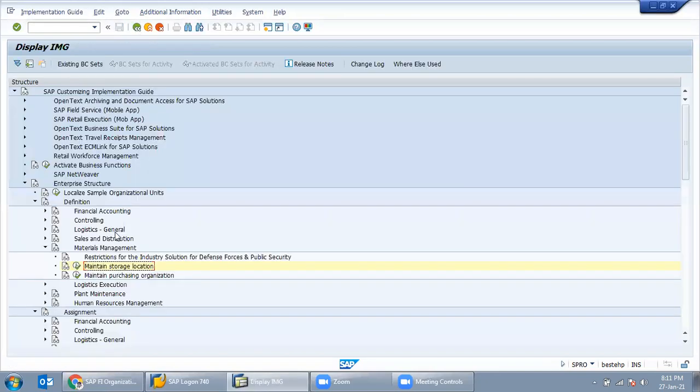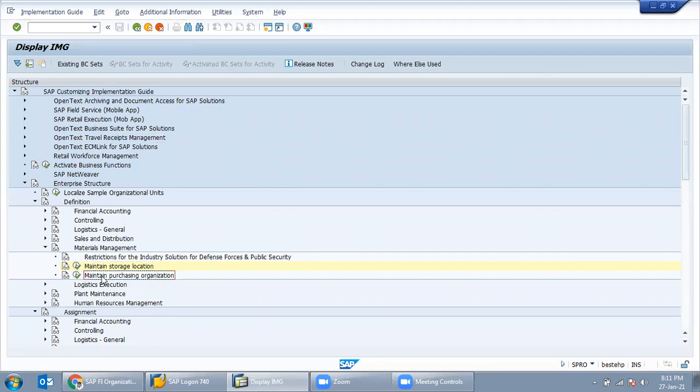So now what we did, we created a storage location. What is the purpose of a storage location? To store the material and maintain it in the plant premises. There are a number of storage locations, so the storage locations should be created in SAP, so that we can find out where the material is stored and what the quantities are. We can go through that storage location only.